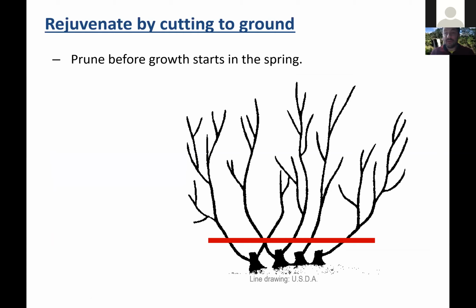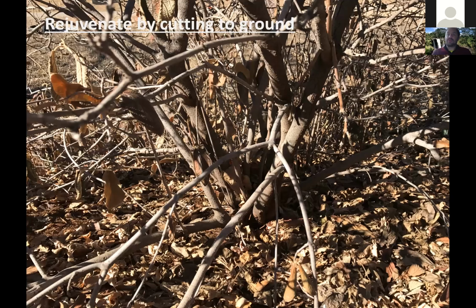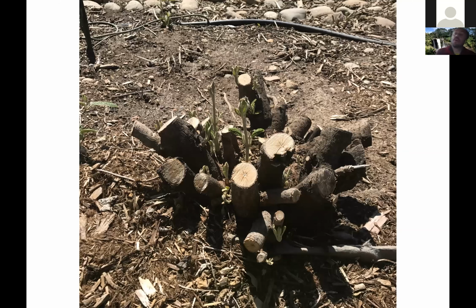We have another wayfaring tree viburnum, and there it goes. Here it was. Now it's a pile of branches. So just to prove to you, this is that spring. That shrub did leaf out from the base, even though we cut it back all the way to the ground. So some shrubs respond to rejuvenation really fast. Like they'll put out 2 or 3 feet of growth within a few weeks. Others, it takes a while. Like these viburnums took 2 to 3 years before they really were robust again, but they did come back.